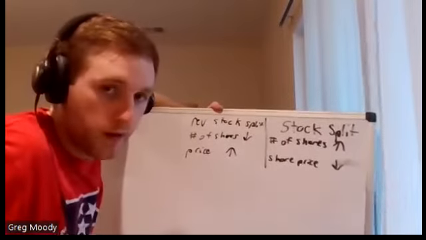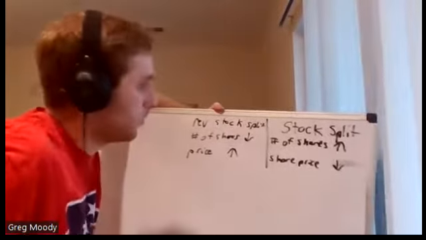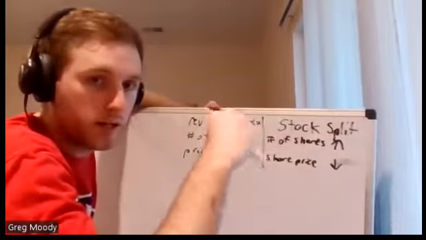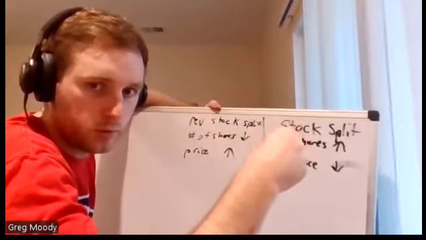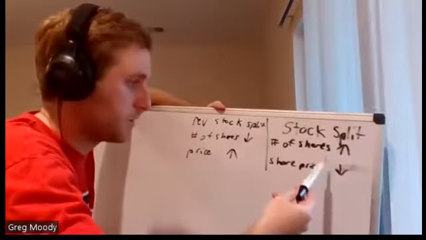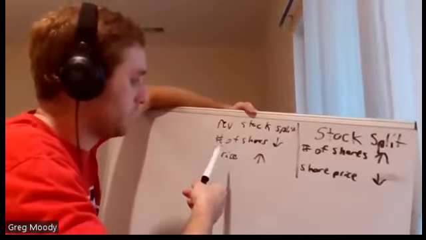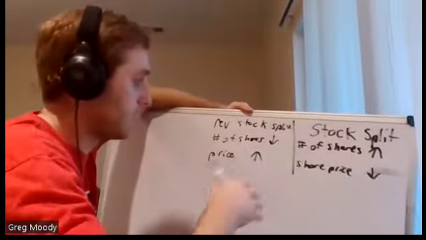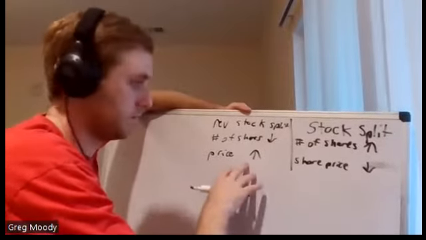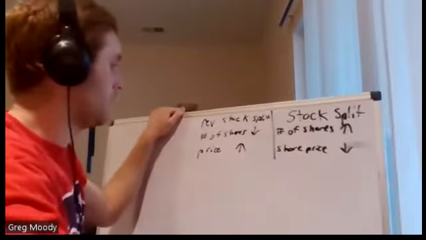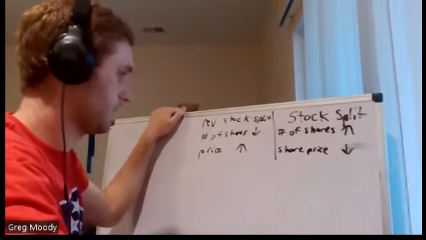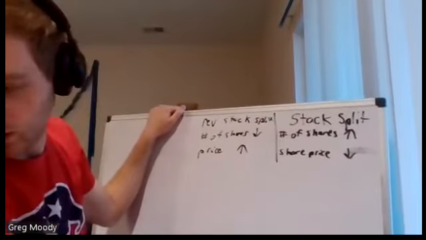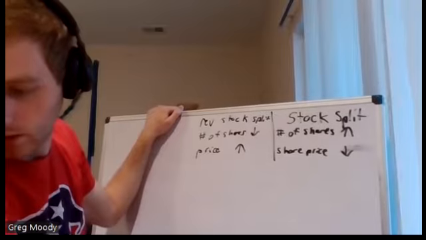Really, a lot of it is just based off value and what they see. So, like if a stock price rises too high, sometimes they'll split it to bring the price down to encourage people to buy it again. That just means they want to sell more. And then a reverse stock split, if the price is too low or the company wants to buy back some of the shares of stock, stuff like that. There are reasons they do this too. The important thing to remember that I just forgot